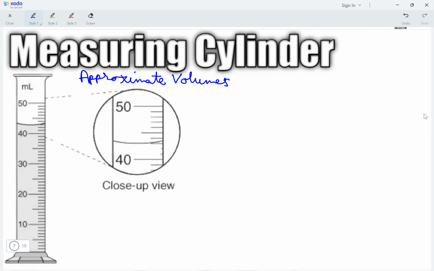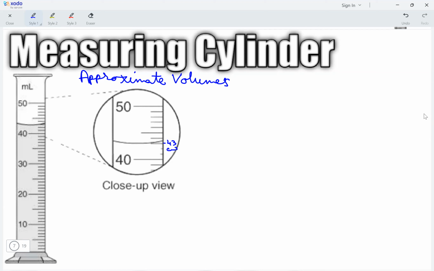Where accuracy is needed, then we would use a pipette or a burette. So, in order to measure approximate volumes, and these volumes are variable because the measuring cylinder has graduations on it of 1 cm cube for a 50 cm cube capacity. In the close-up view, as we can see, the volume that has been taken is, if we consider 40, 41, 42, 43, the lower meniscus is set at 43 cm cube. So the volume that is being taken in this measuring cylinder is 43 cm cube, which is an approximate value,